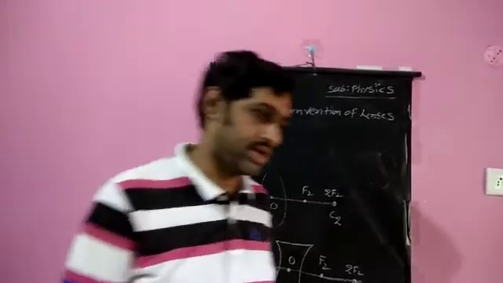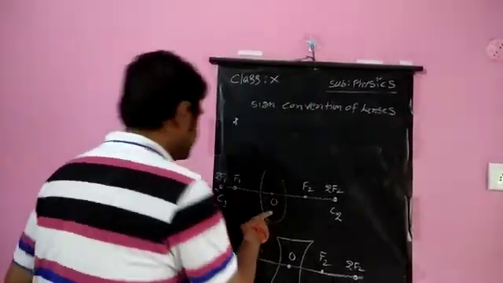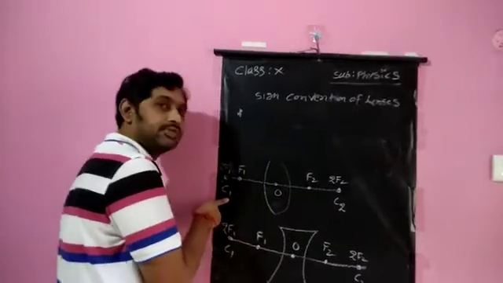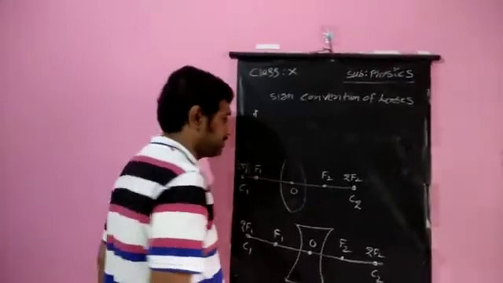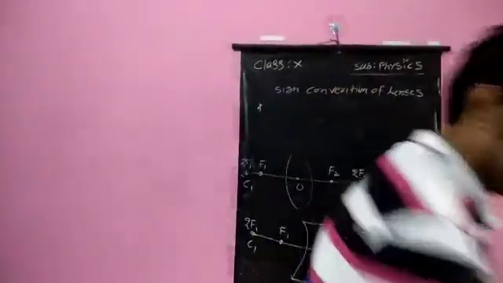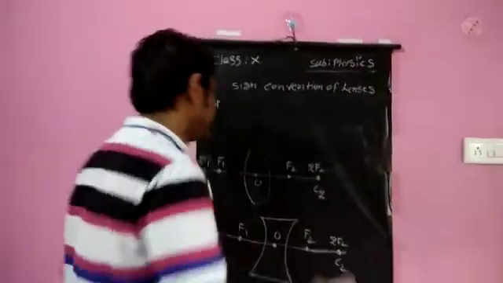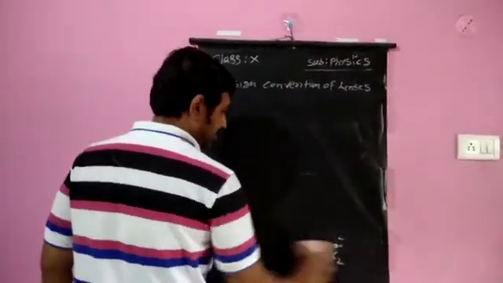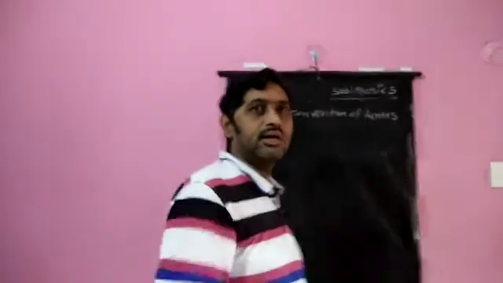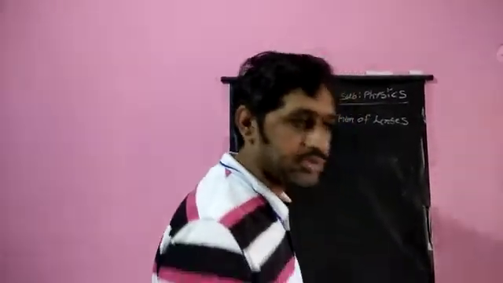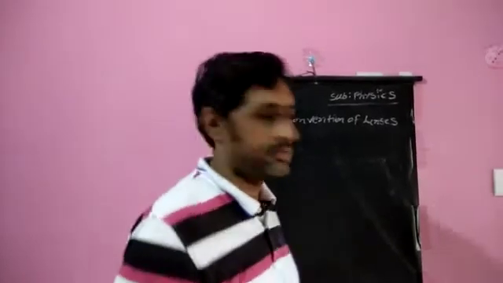If there is any confusion, I'll repeat that again. For the lens, any distance you measure to the left side of the lens should be taken as negative. The distances which you measure on the right side of the lens should be taken as positive. The distances measured above the principal axis of a lens should be taken as positive, and below the principal axis negative, like in mirrors. For a virtual image, the height will be positive, whereas for a real image it is always negative, since that distance is measured below the principal axis. So the height of the image is positive for a virtual image and negative for a real image.